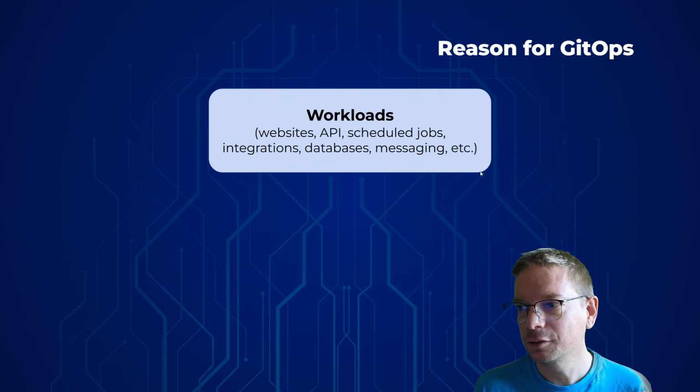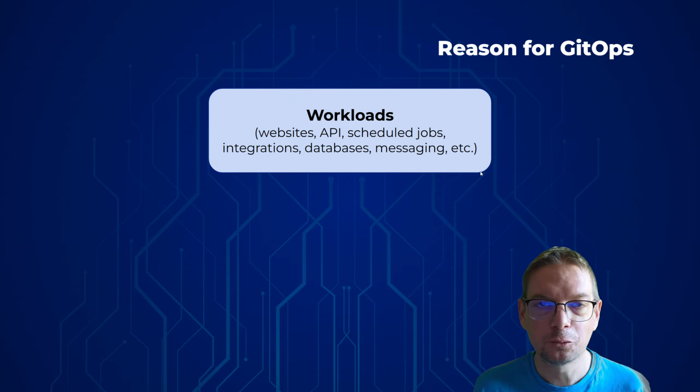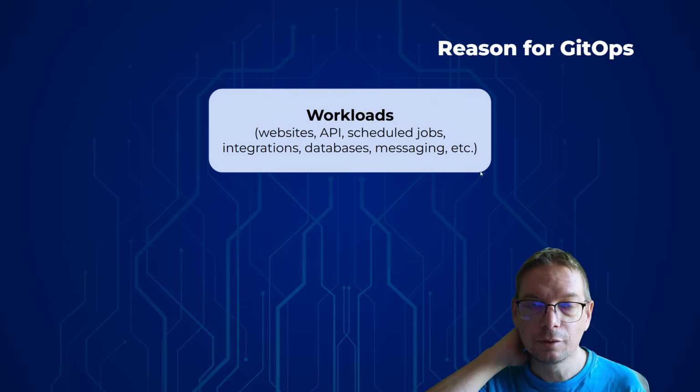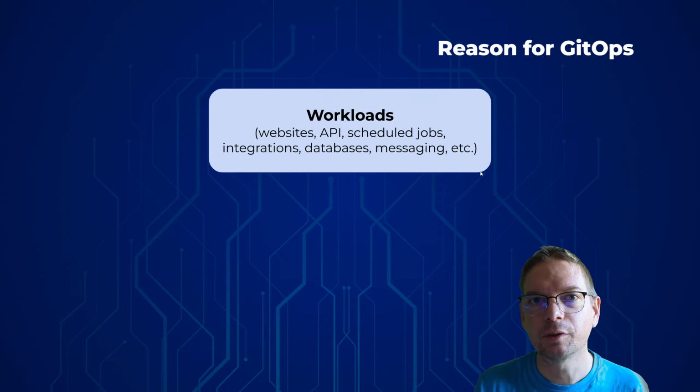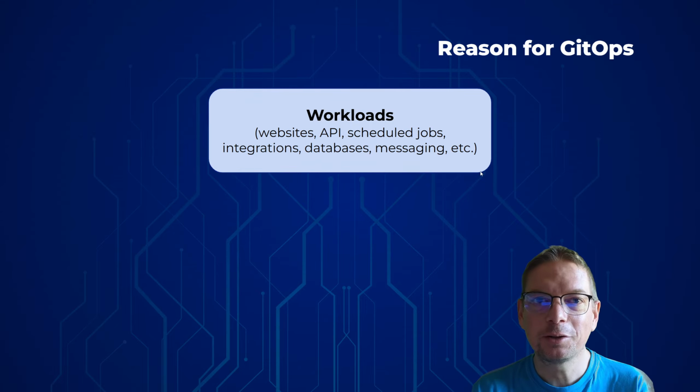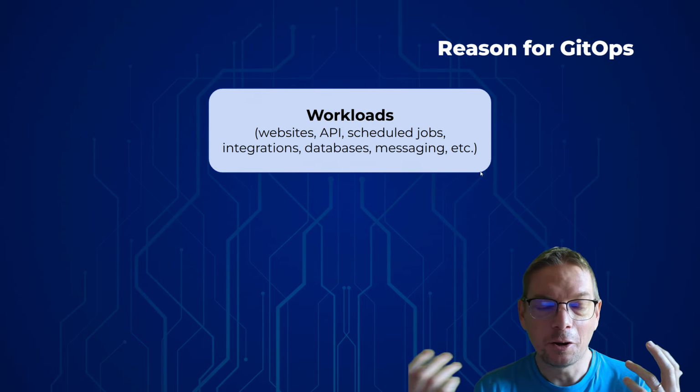We have some workloads to run. It's either a web application, an API, something like regular cron jobs. It can be some integration between systems. We want to run databases, any kind of workload. Our goal is to sometimes develop it if you are part of a development team or an open source project, or run it if you're part of operation. But basically, our goal is to run workloads. It's kind of our thing.